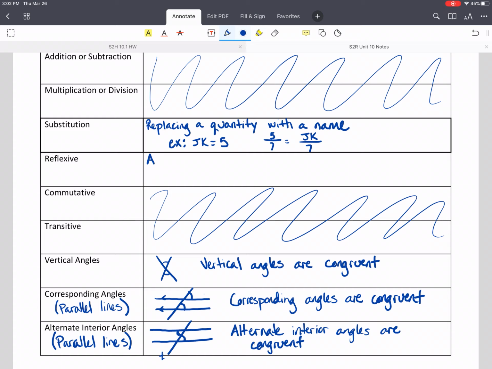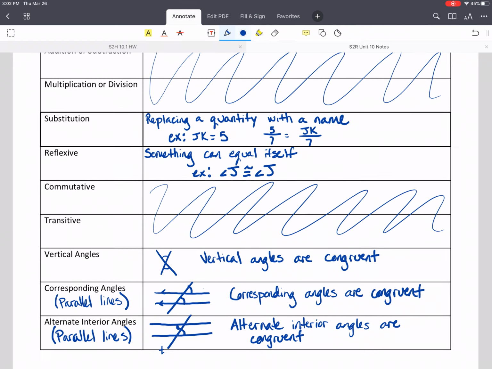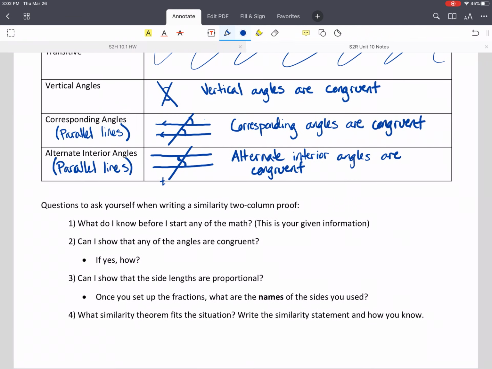The reflexive property, this one's also going to be used quite a bit. This is saying that something can equal itself. So this would be angle J is congruent to angle J. We know they're congruent because they're the same angle. That's the reflexive property. So basically, we're just going to pull together all of these properties and use them to elaborate as to why we know